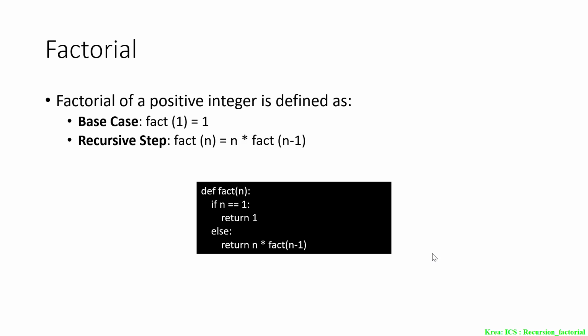And in the recursive step, we can set up a recursive solution and observe that factorial of n is simply n times factorial of n minus 1 by definition itself. Now this is a recursive solution because factorial of n, in order to compute itself, has to also compute the value of factorial of n minus 1. Now let's see how Python evaluates such functions.